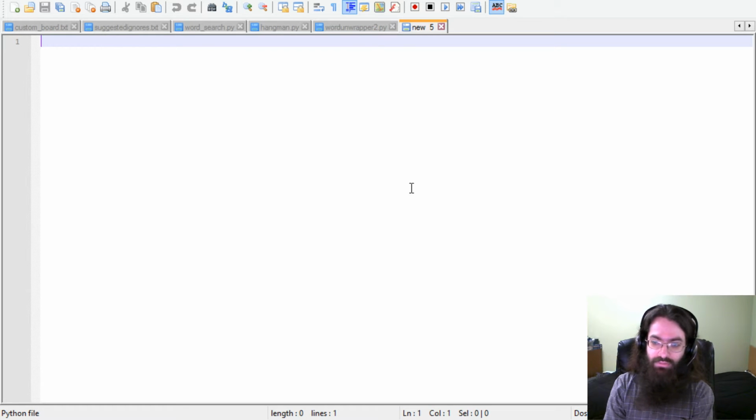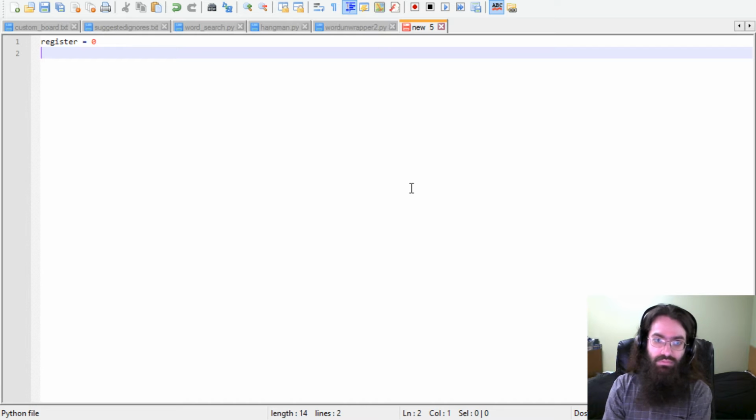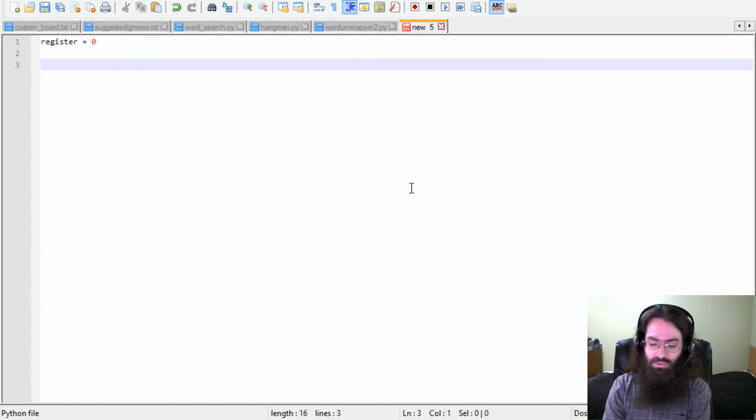First I will have, how about a cash register system of some kind. About register equals 0. And I will be filling this in with functions later on when I decide what I want. For now I'm going to work on the flow. So I'm going to have while 1,